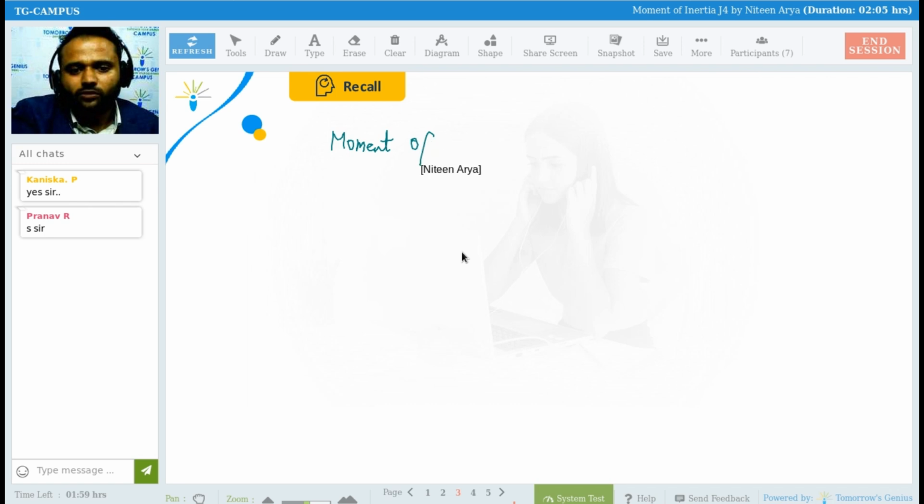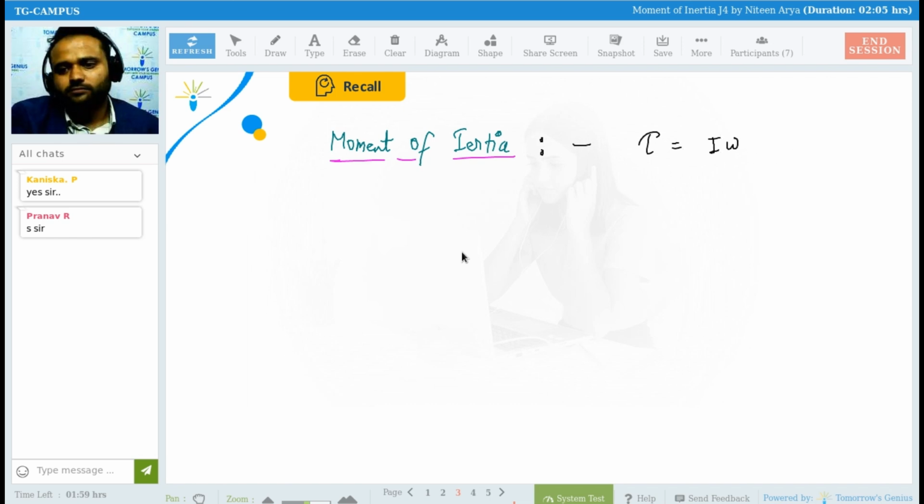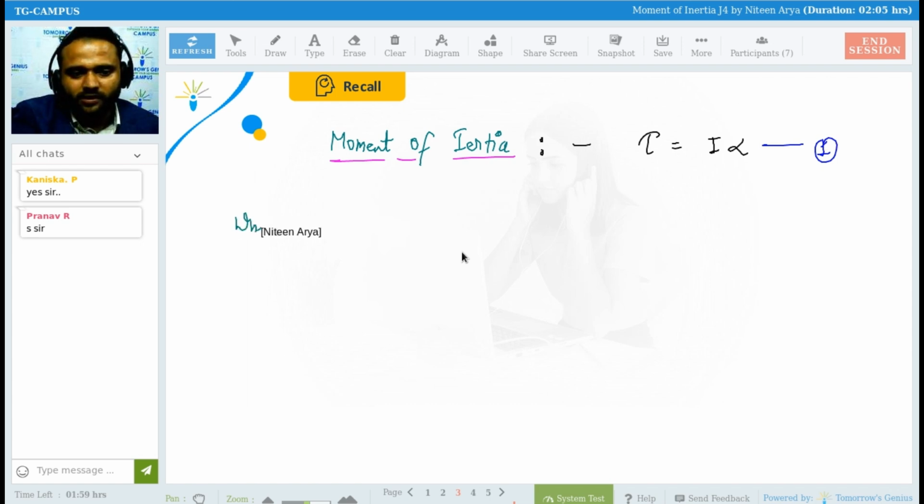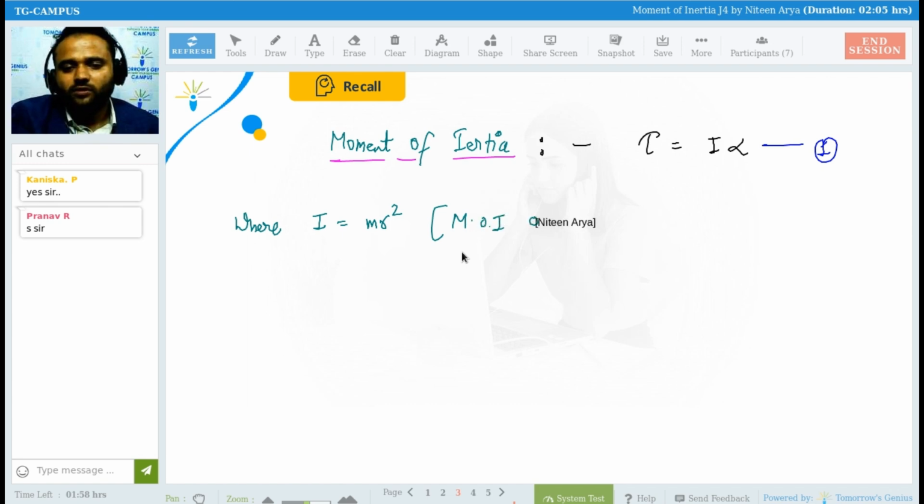As we know from the previous classes, torque tau equals I alpha is the main relation, and we did this derivation in the previous classes, where I is the moment of inertia, I equals m r square, the MOI of a particle